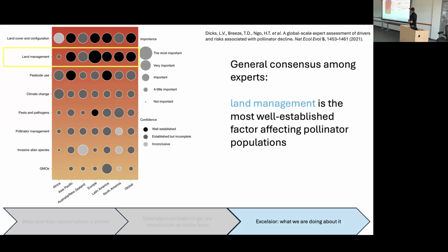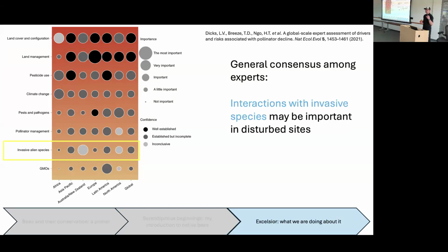But then we have this other thing down here, like invasive species and their impacts on bees. It turns out that experts are not sure how much of a problem this is and generally rate it as sort of maybe a lower issue in terms of effects on native bee species. But this has all been super empirical, and we just learned one thing and followed it down the rabbit hole, one question after another.